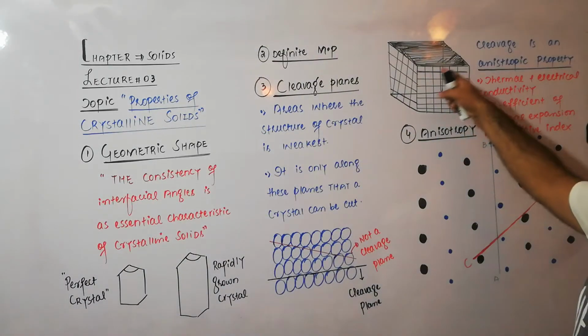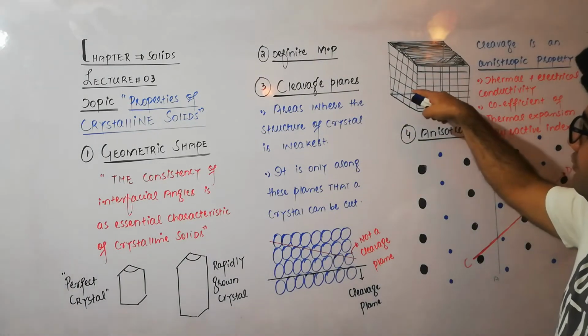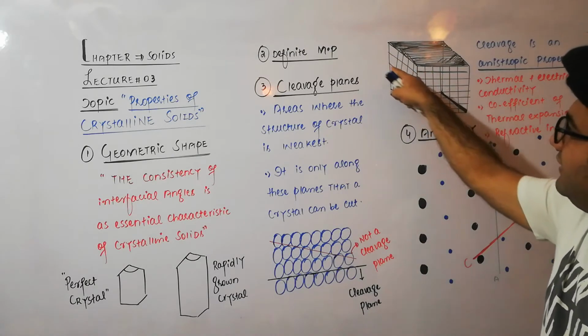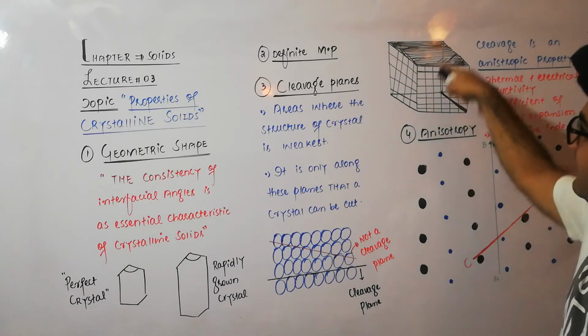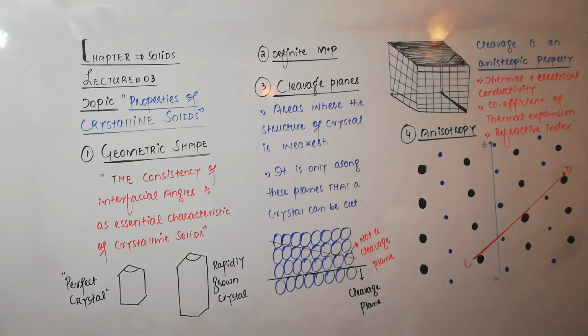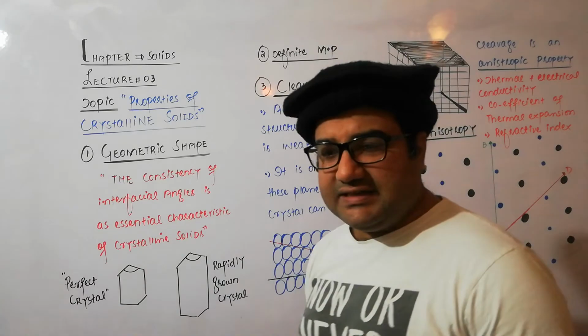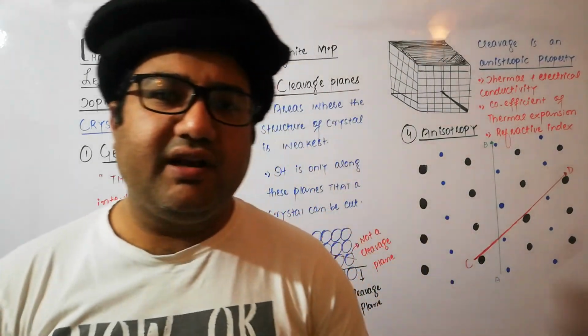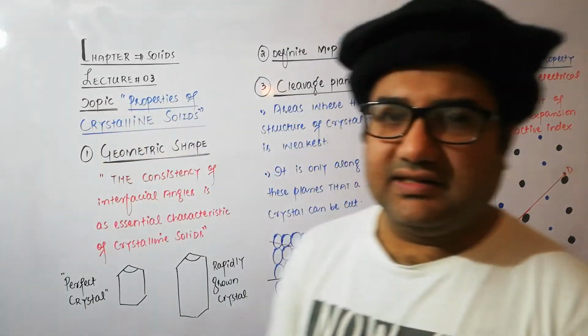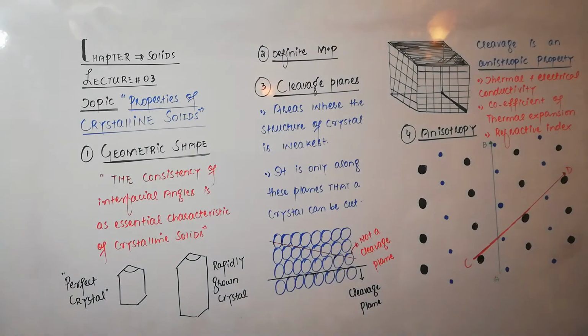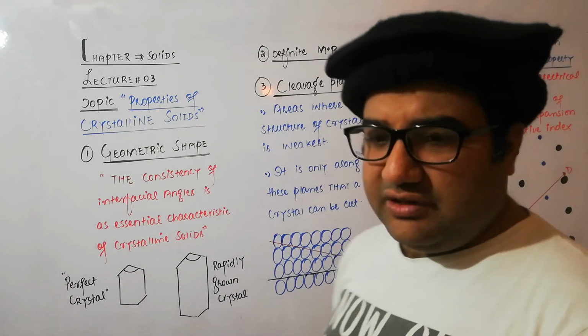And I have shown the cleavage planes in a cube like this. This is a cleavage plane, and like this the vertical planes are there. Now cleavage is an anisotropic property. What is meant by an anisotropic property and what is anisotropy? Let us discuss it now. What is anisotropy? Actually,